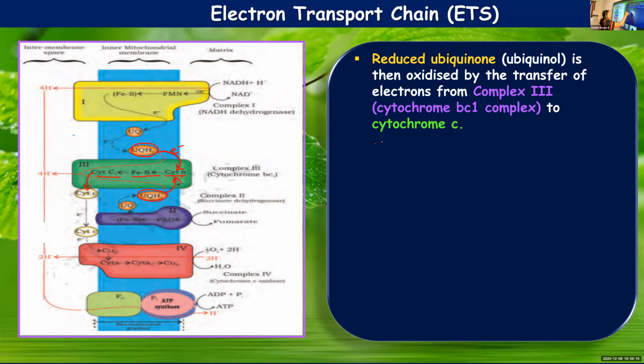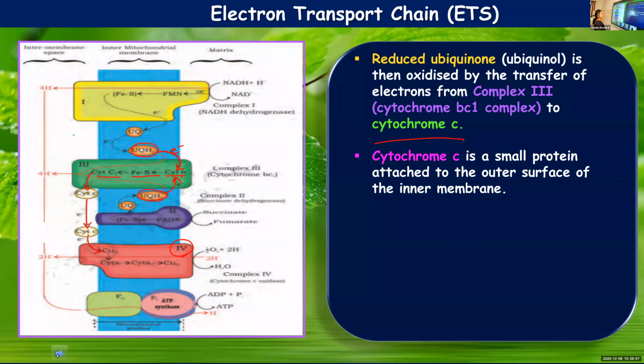From there, it will move to a mobile electron carrier. You call it cytochrome C. It is capable of moving. It can freely move. It's not fixed at any place. So it is a mobile carrier, and it will help in transferring the electrons between complex 3 and complex 4. See, cytochrome C is carrying those electrons to complex 4. But when this ubiquinol has donated its electrons, it gets oxidized again to ubiquinone. It will get back to its normal state. And then what happens?